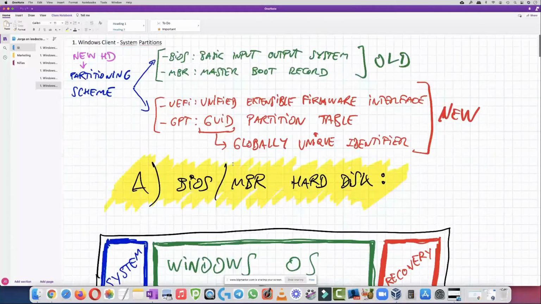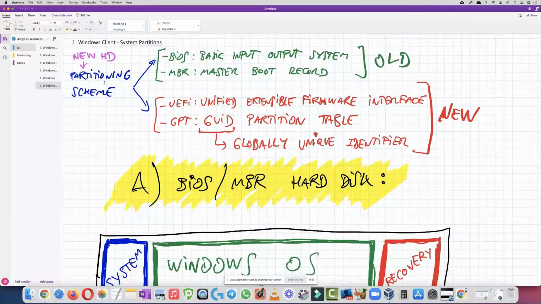Let's check this out. Okay, imagine that you have a new hard drive, and you plug it into Windows. The first thing you need to choose on Windows is the partitioning scheme, okay? The partitioning scheme is the way that the disk is going to be partitioned. It's the first choice that you have to make, okay? So we have two choices: the old choice, you can see that in green, and the new choice, okay? For all disks and for new hard drives. The old one, that is the most compatible, is choosing BIOS